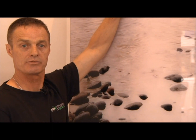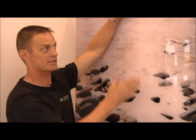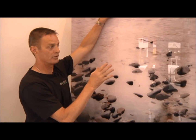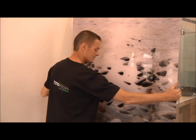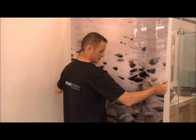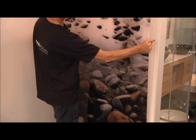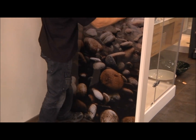Before we actually adhere our sheets to the wall, it's important to trial. The sheet we know is the size, we've made it, we've cut the size, we've checked all our measurements, and now before we actually put silicone on the back to adhere it to our walls, we try it. So it's very important to make sure it fits in the hole, because once you have the silicone on, it'll be very hard to get it back out again. As you see there,